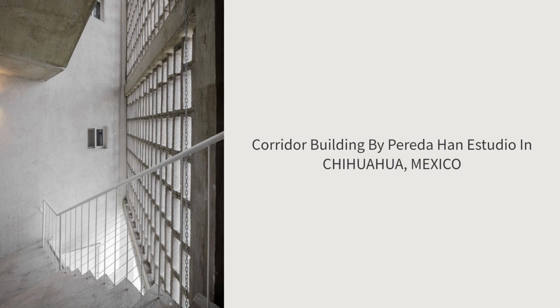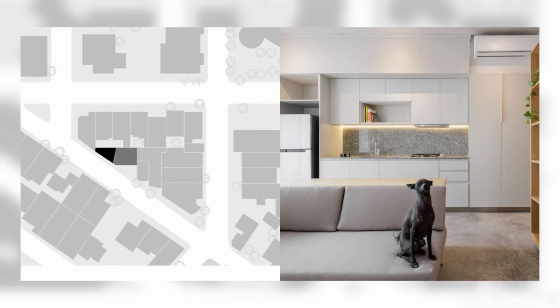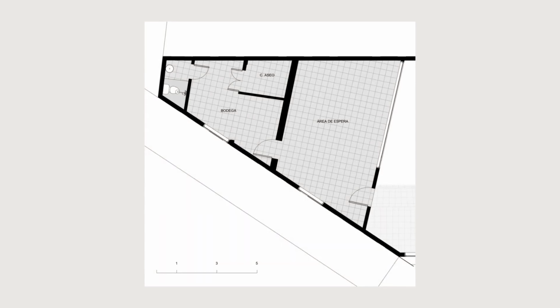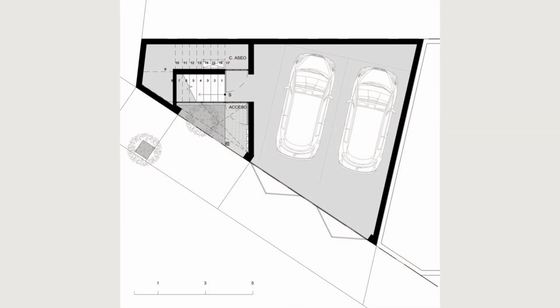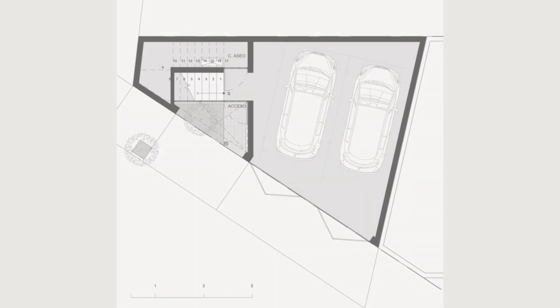Corredor building by Pereda Studio in Chihuahua, Mexico. Located in the city of Chihuahua, in the Panamericana neighborhood, a strategically positioned area with abundant infrastructure, Edificio Corredor is